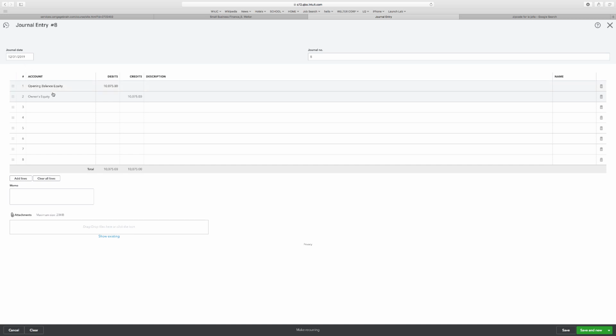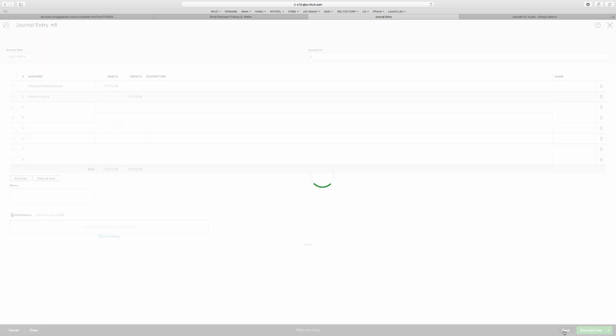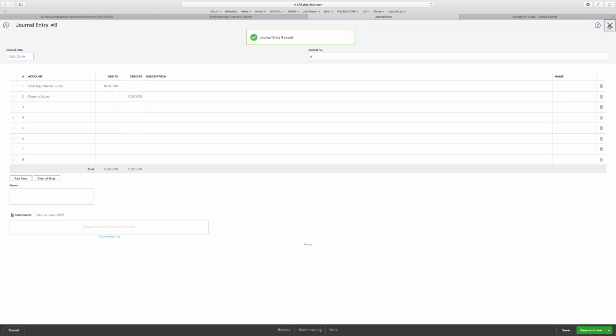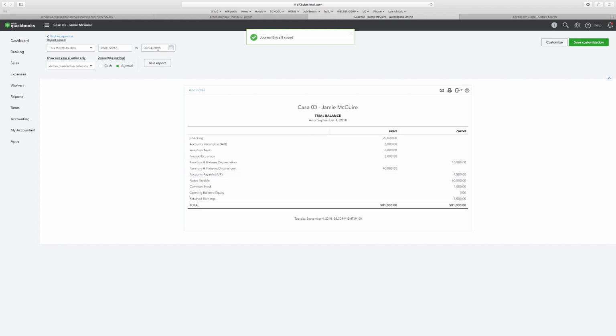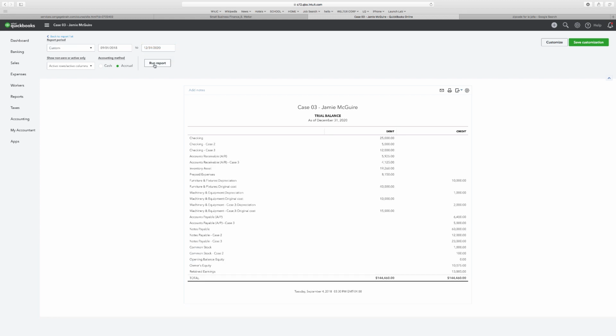We have the date right, we have these two accounts right, we have the debits and credits right, so we can save. Once that's saved, we should be able to go into our trial balance as of 12/31/2020, and we see now our owner's equity has a balance of $10,075, which is exactly what it shows on figure 3-17. Now 3-17 has a lot smaller balance, but that's because our trial balance